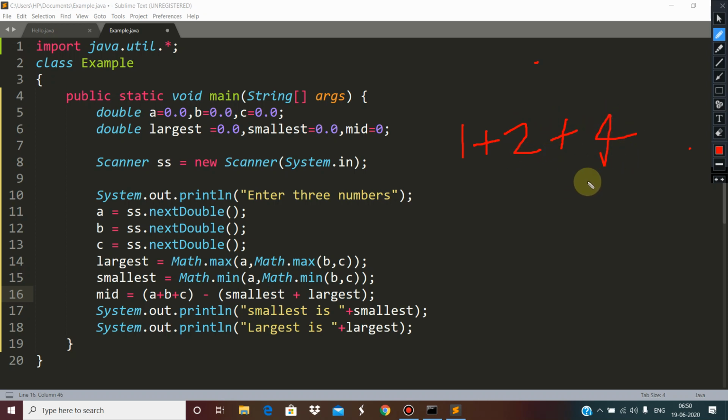What is the sum total? The sum total is 7. Smallest is 1, largest is 4, so the sum of smallest and largest is 5. So 7 minus 5 is 2. So we have got the second largest, and in the same manner we can find out the second smallest. Actually second smallest and second largest are the same, because among three numbers, this is how we have got it.